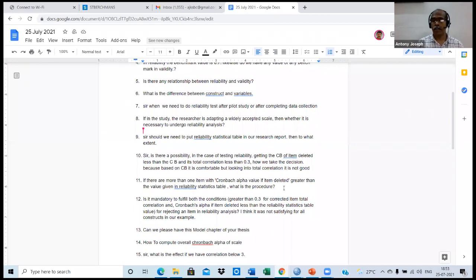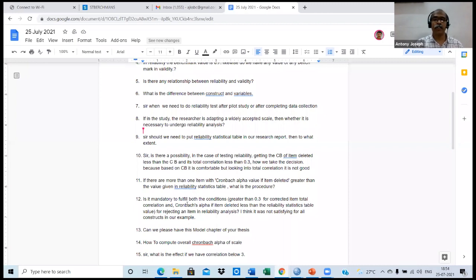Say for example, if the Cronbach alpha of the scale is 0.8, there are 3 items with the Cronbach alpha greater than 0.8, and if one is 0.92 and that is found to be the biggest one, then the item with 0.92 should be deleted first and see what is happening. The process should be like that. Then you will be able to get a good result.